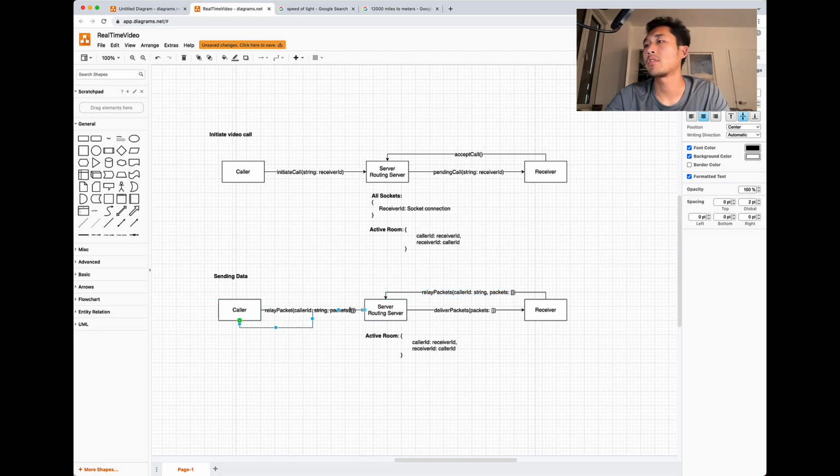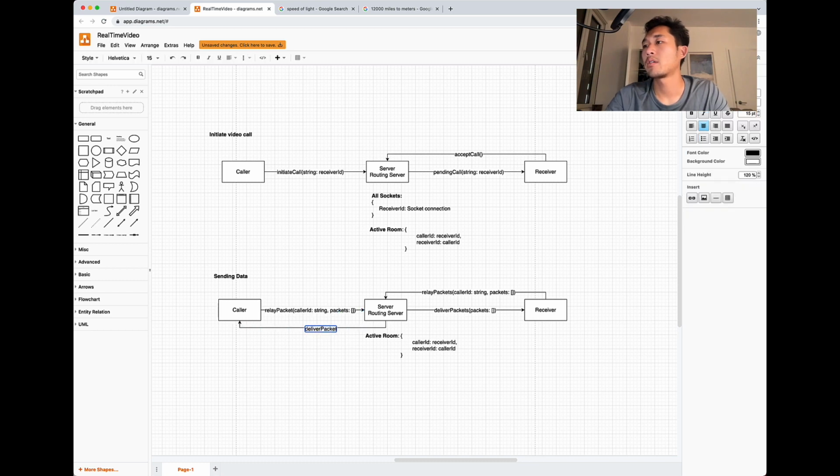And then this can also deliver the packets on the other side.